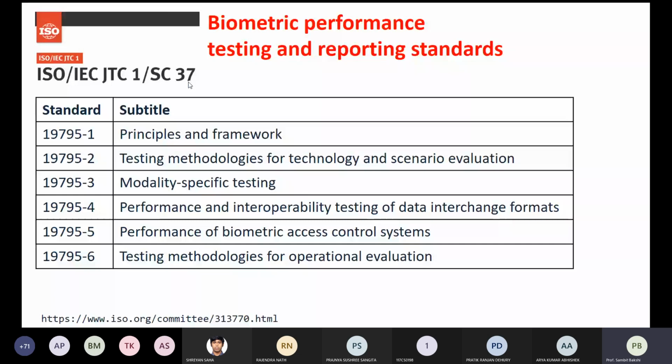Why is an ISO standard needed? Because I will code in my own way. I will say that my biometric system is 80% good. You will code in your way. You will say that your system is 85% good, testing on the same database. But still, if our guideline of coding is not proper, your accuracy and my accuracy may not be